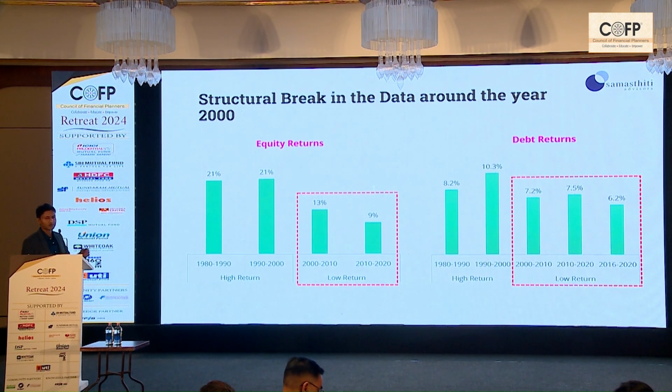And I think that has to do mostly with how inflation itself has shown a structural decline and a structural break between the post-2000 era and the pre-2000 era. So essentially, we restricted ourselves to data only post-2000. We deleted all the data pre-2000 and are only working with post-2000 data because we think the post-2000 data is more representative of the era that we are living in and potentially is more representative of how things will pan out going forward.